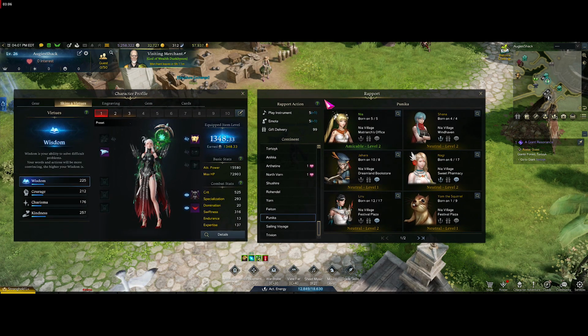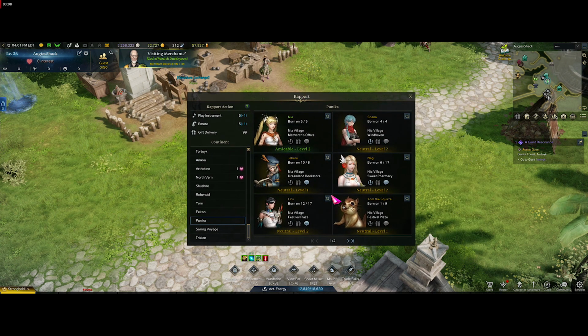You need to do a lot to actually unlock that all. And that's why you want to start doing your report every day. At least do the 5 instrument and 5 emotes per day. And then the 99 gift delivery, that's a bit of a rough one, because getting 99 gifts is quite hard